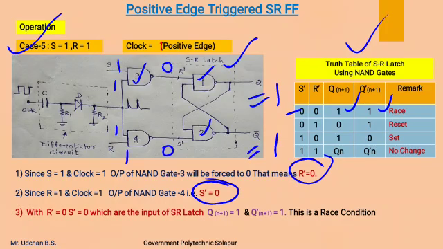So if you observe here that Q is also 1 and Q complement is also 1, which is not an acceptable condition for the flip-flop, because both outputs of the flip-flop should be complements of each other. Therefore we cannot consider this kind of output, which we have to avoid. This condition is called a race condition, which is an indeterminate state, or an invalid state, as both are going to become the same. So we are going to avoid this condition, as the outputs go into an indeterminate state.